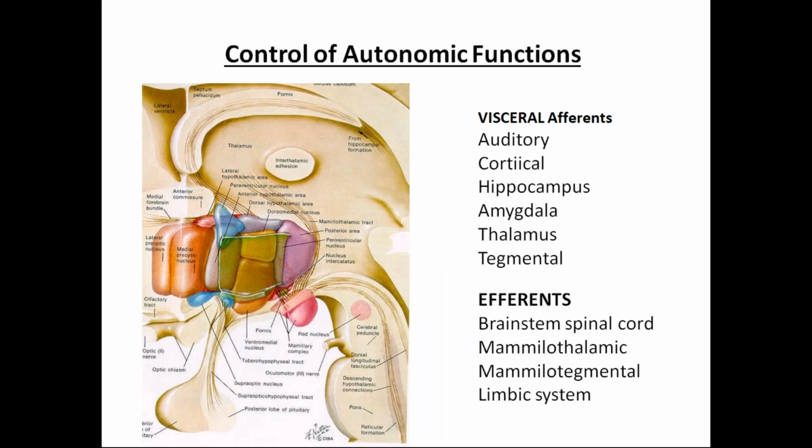We have visceral afferents from the whole body which are coming to the hypothalamus, and efferents which will be going to the brainstem, to the mammillary body, from that to the thalamus, and to the midbrain and limbic system. So this is the part which is responsible. Most of it is done in physiology, because you'll be learning about the supraoptic nucleus and the paraventricular nucleus, and their hormonal secretions, in physiology. So here we just tell you where these nuclei are situated,